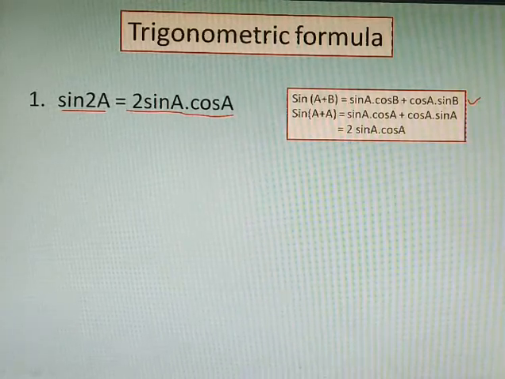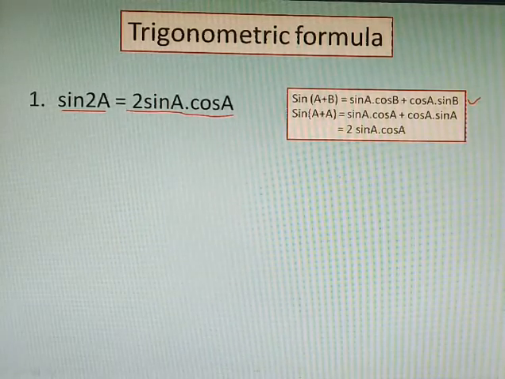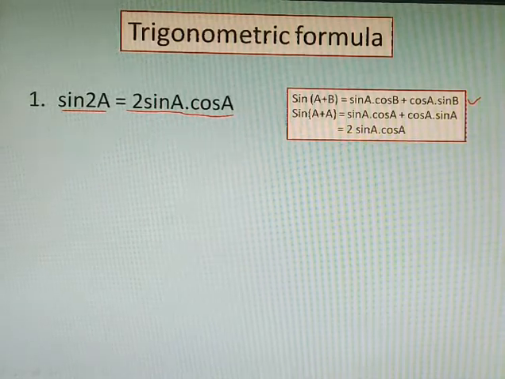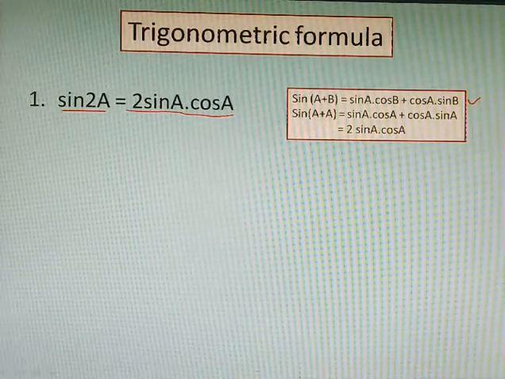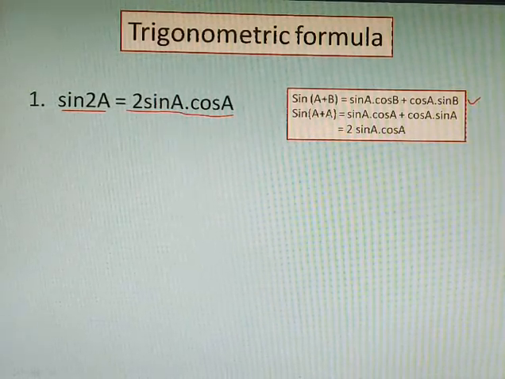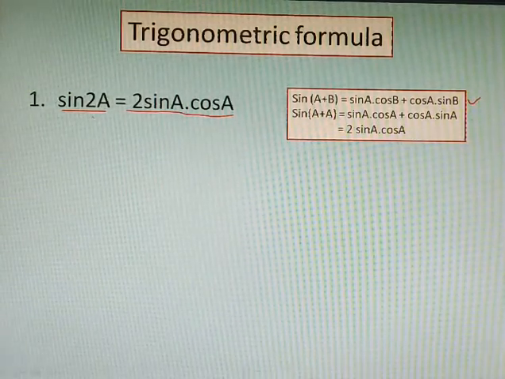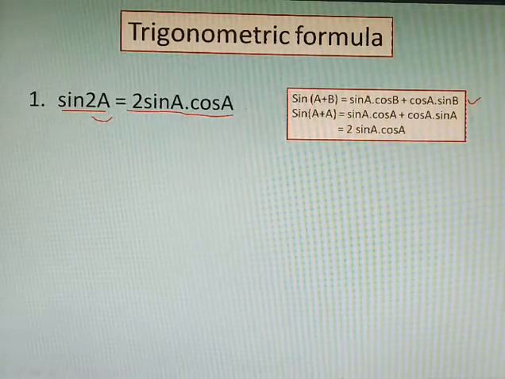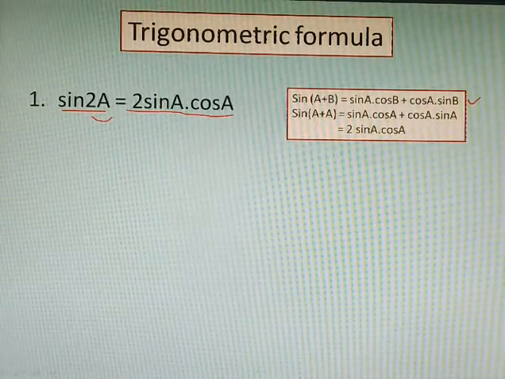Sine A plus B is equal to sine A into cos B plus cos A into sine B, is the formula. So in place of B, here we will write A, since we have 2A here. So 2A can be written as A plus A. And then